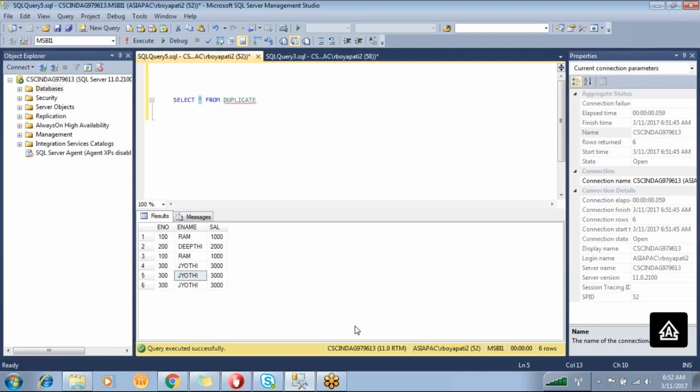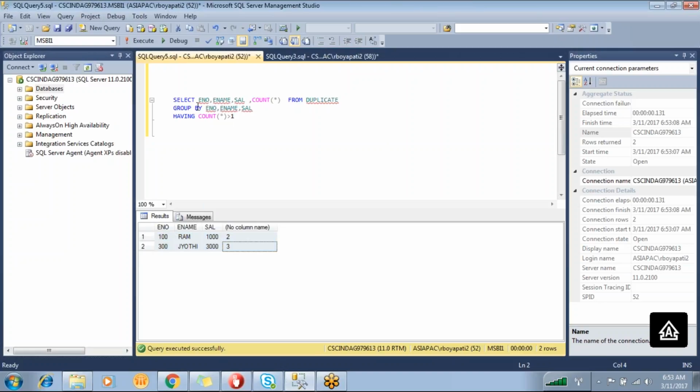Simply you can write employee number, comma, employee name, comma, salary, comma, count star, group by employee number, employee name, salary, having count star greater than 1. So if you execute this one, see,